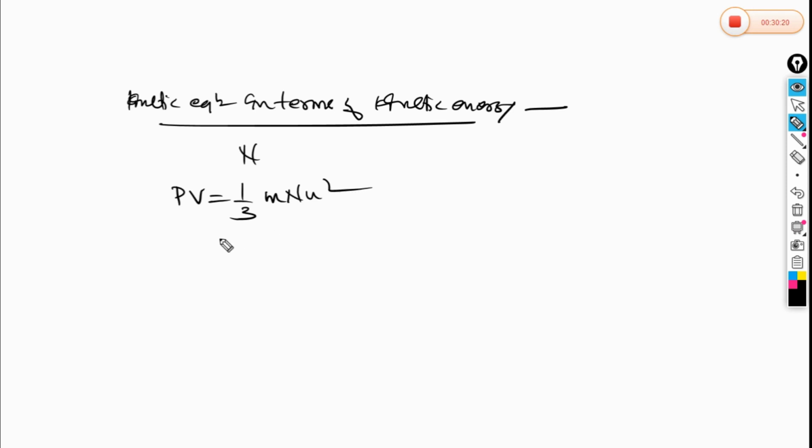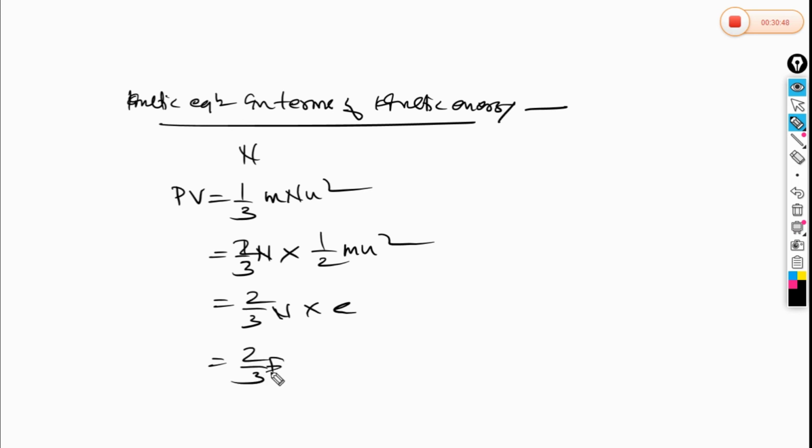We transform this equation into this form by multiplying and dividing by 2 divided by 3n into 1 upon 2 mu square, which is equal to 2 by 3n into E, is equal to 2 by 3 E, where E is the average kinetic energy